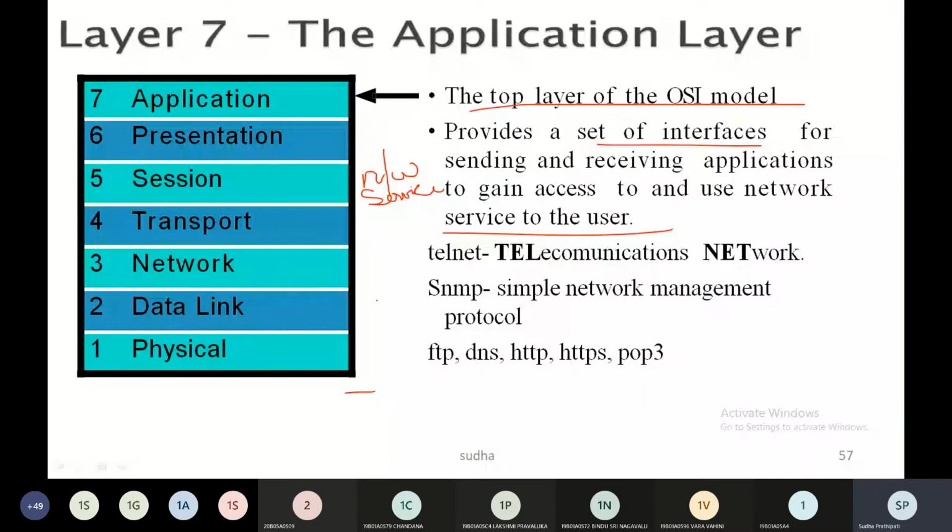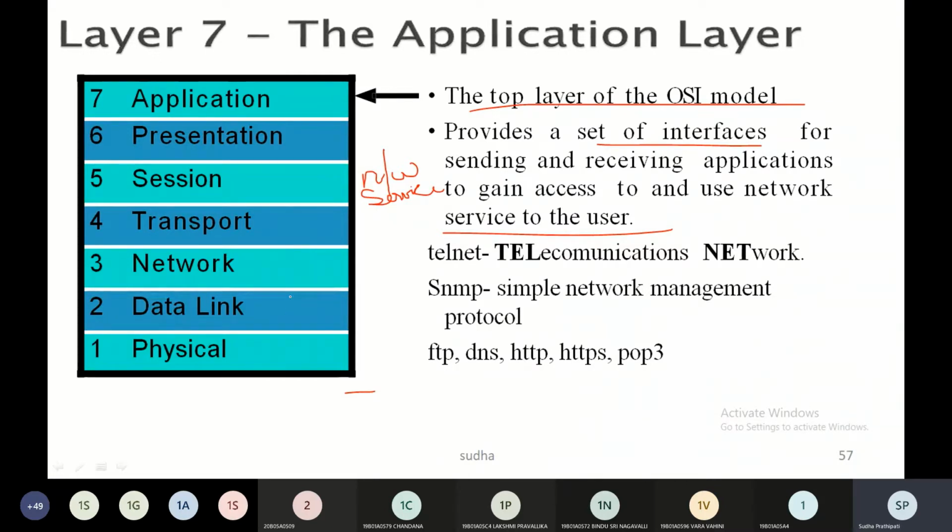starting from the application layer on the sender side. If you listen to this carefully, you will be able to answer many questions and you will understand this OSI model very easily. So do follow what I'm telling you. At the sender side, you need a web browser to communicate to the server. The web browsers available are Chrome, Firefox, Internet Explorer, or any other web browser you can use.